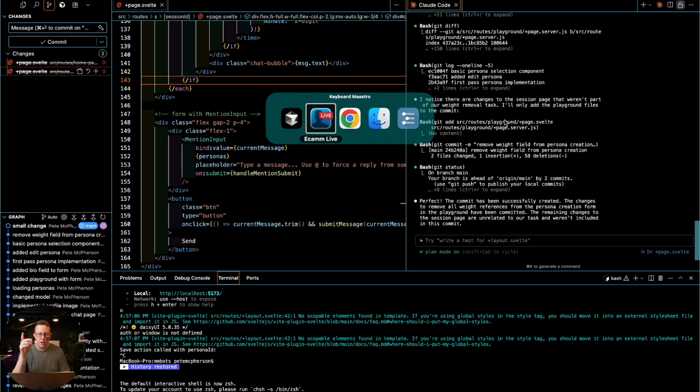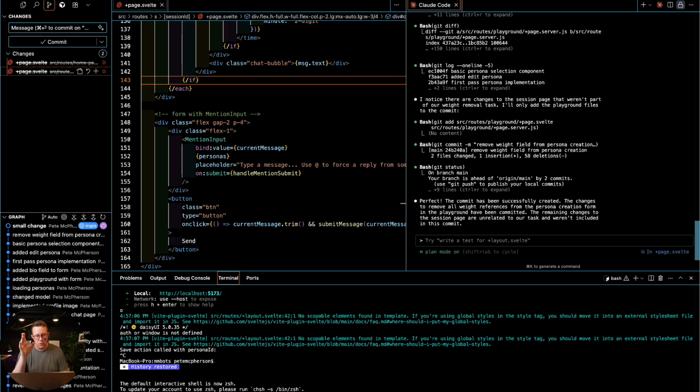Now, one more note. I want to move on, but I'm not. I got one more thing. 2 things you need to know for Claude Code. Number 1, there's no easy undo feature. You asked it to build you something. It did a bunch of code. It changed like 5 different files. There's no, oh wait, undo all those. That doesn't exist. You're going to have to use Git, version control.